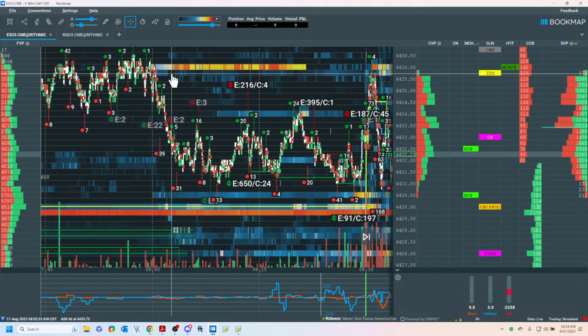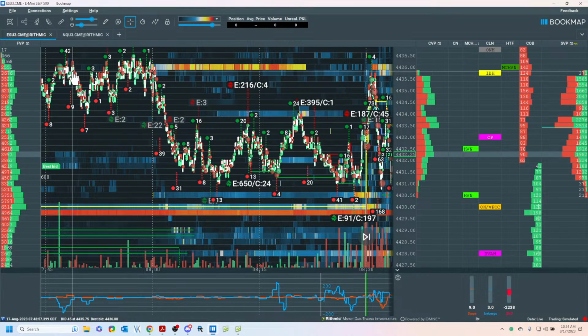Are you guys with me? Okay, this is why you cannot operate in a vacuum. The auction, which is what this is about, gives us a story. It's telling us, and this is why I don't need indicators. Believe me, there are some days I wish I had something, because we all take stops, and that's just the cost of production.